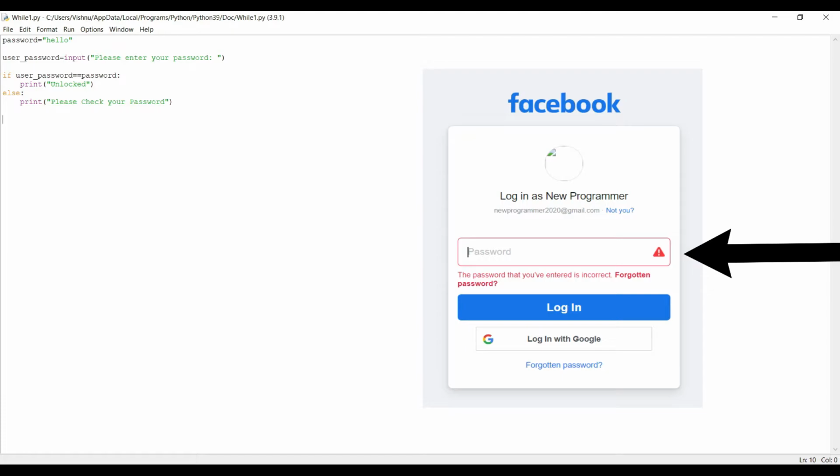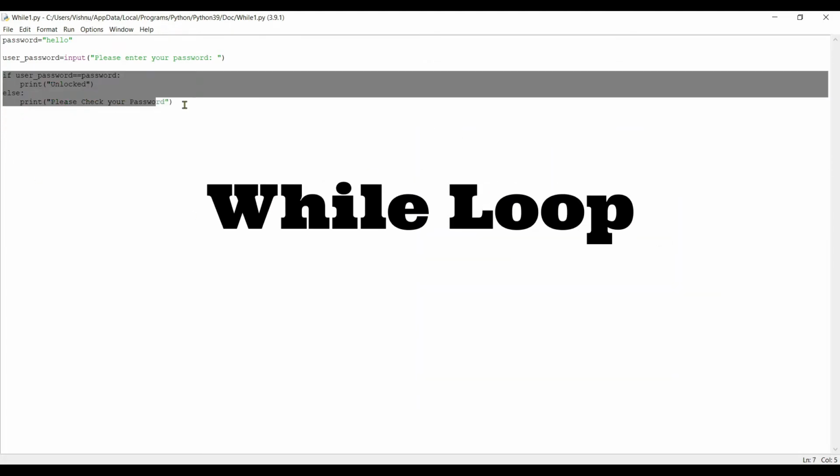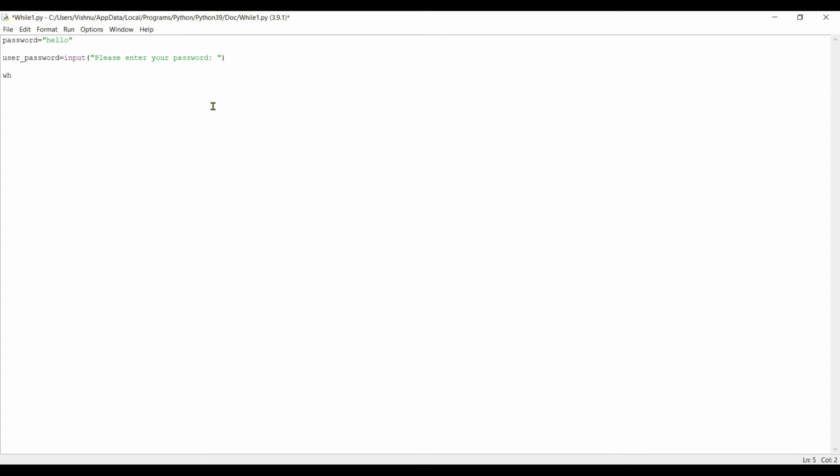For that, we are going to use while loop. Let me show you how to use while loop. The syntax will look like this. While user password is not equal to password, which means if the password is wrong, what we want to do?